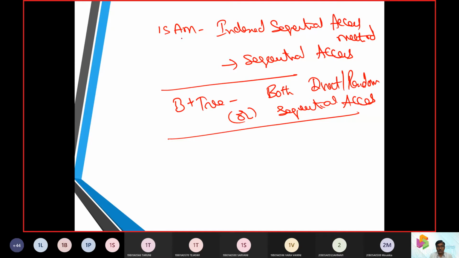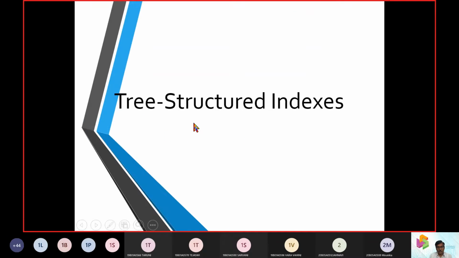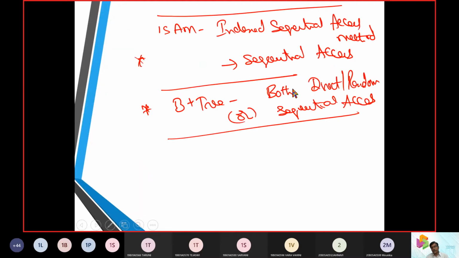So this was the first key takeaway when we start with the tree mechanisms. To represent the tree structured indexes, we are working with two primitives. One we call the indexed sequential access mechanism, and another we call B plus trees.